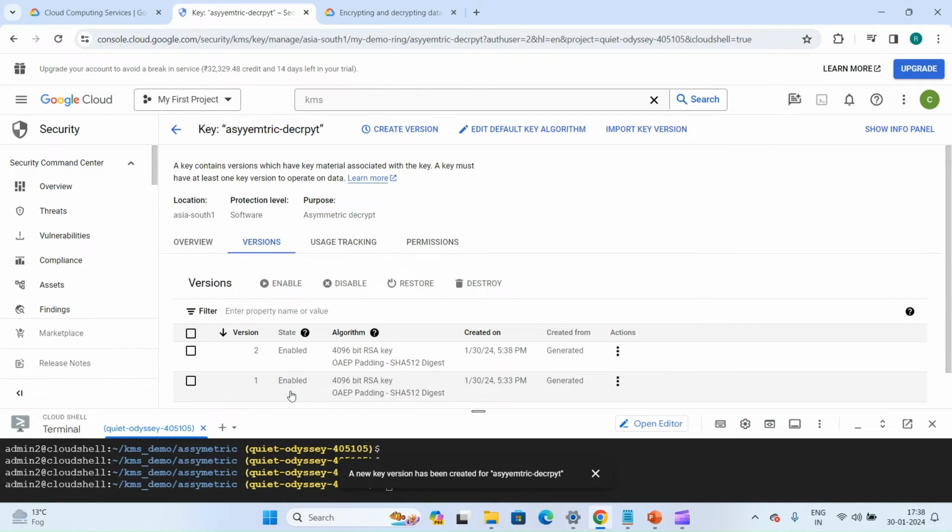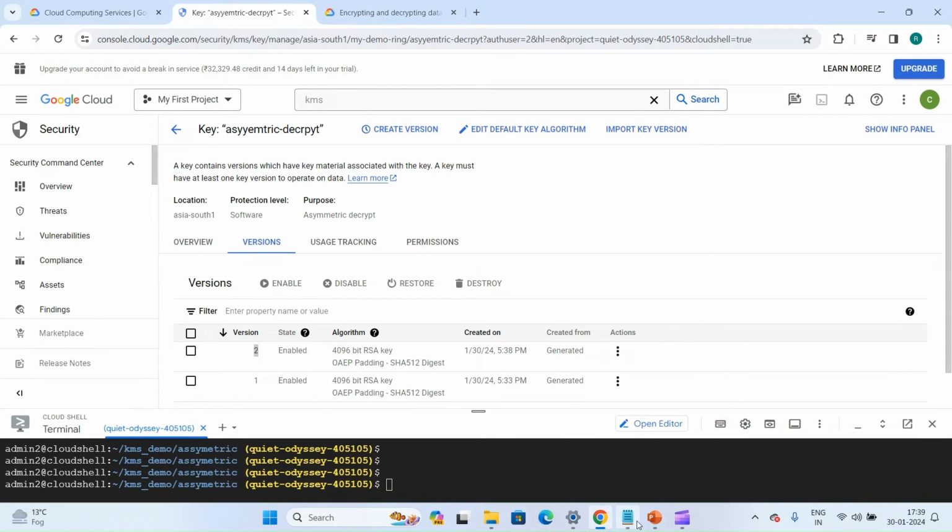So it is a new version, and you can see all are enabled. There is no primary version. So every time we have to decrypt, we have to provide a version, like which version we want to use. But if you remember, we didn't provide any version for the encryption because we just provide the public key. There is no need to provide a version for the encryption, only during the decryption time. So what we have done, we have encrypted with this version, version 1. But what if we try to decrypt with version 2? Will it work? Not. Let's try it out.